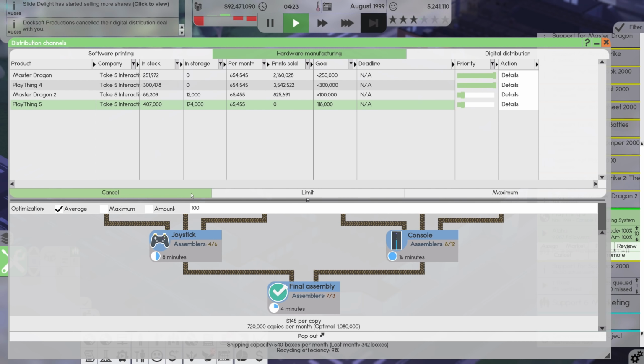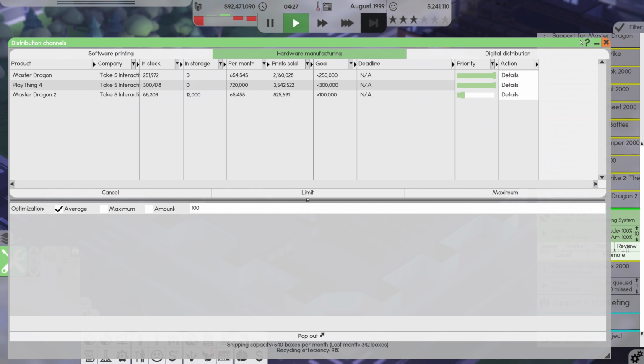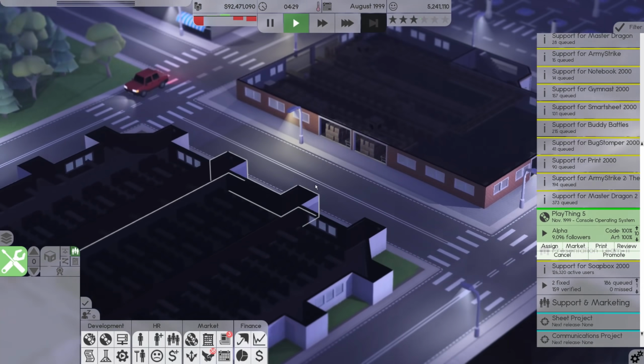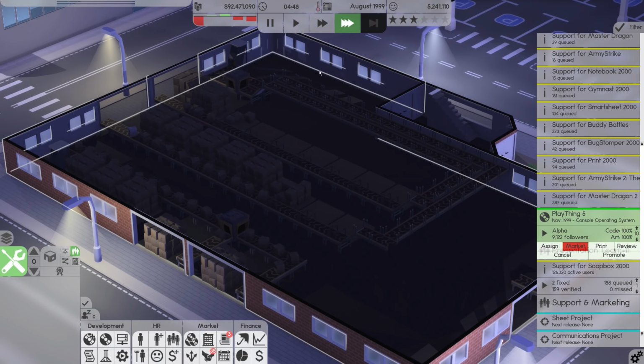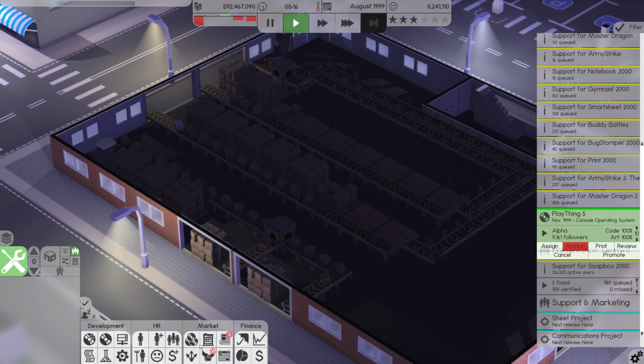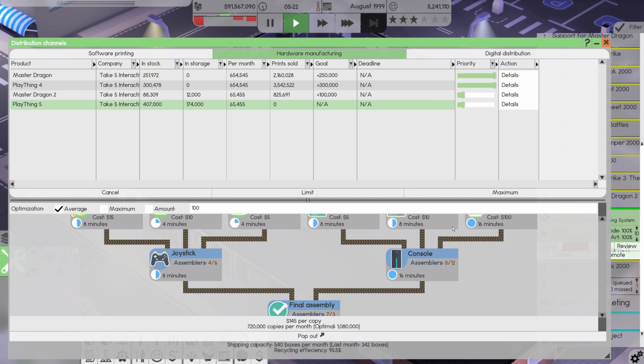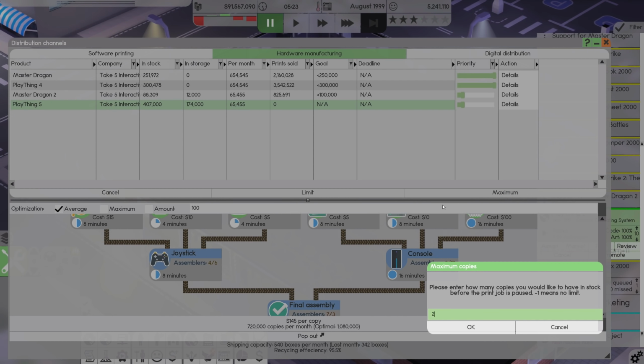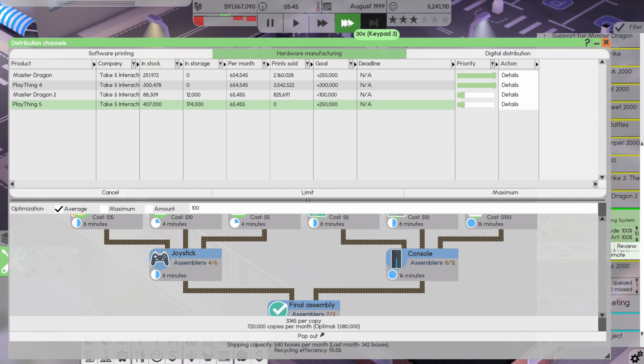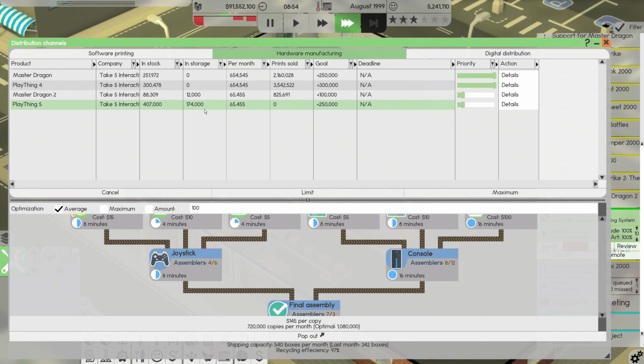Okay. So now cancel that. I hope that didn't just get rid of all the stuff that was in stock. It doesn't look like it did. So now what we can do is print, limit to 250,000. So it's not going to print anymore, but what's in storage will get moved out and put into stock, right?